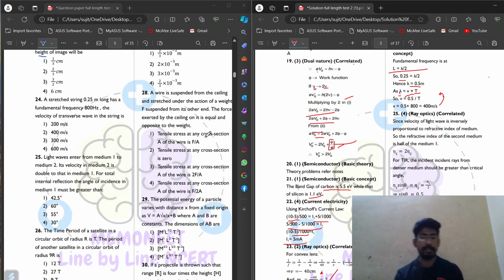Okay, ray optics. Question number 25. The light waves enter from medium 1 to medium 2. Its velocity in medium 2 is double that in medium 1. For total internal reflection, the angle of incidence? So you know the two criteria for total internal reflection. That is,